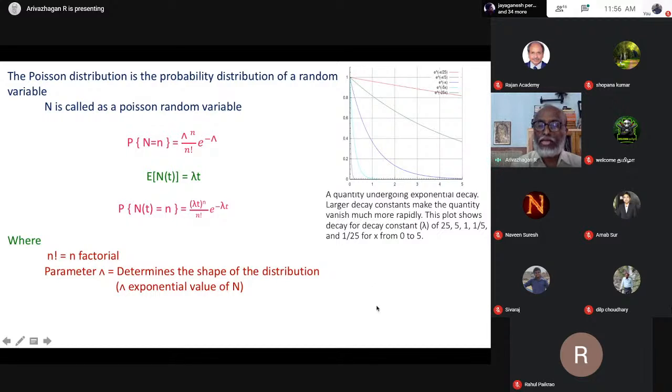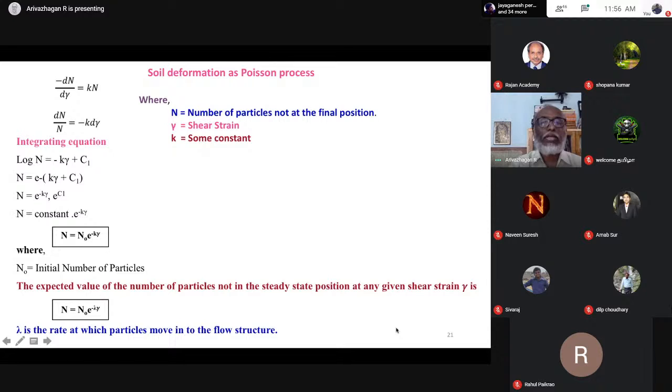So the next one. Now I am going to relate this Poisson process to soil deformation. That is my objective. The same equation, see here. Therefore, I told that example, because it is the known example. If I tell you directly about soil deformation, you can't understand. Therefore, from known to unknown, first I talk about radioactive decay. The decay is exponential, and one event is not dependent upon the others.